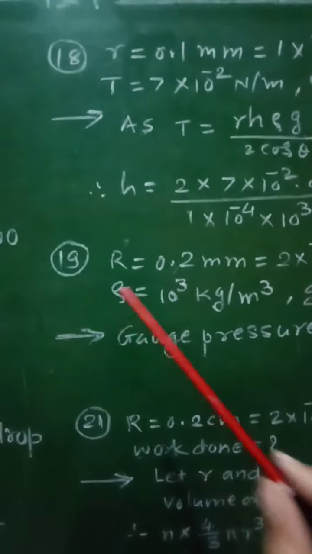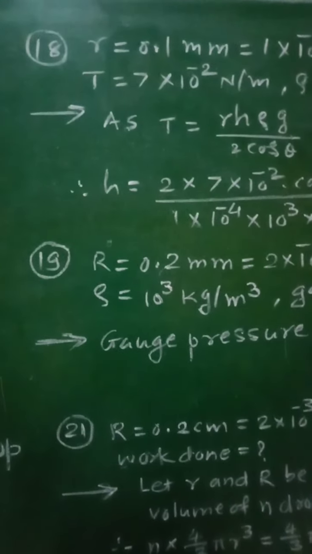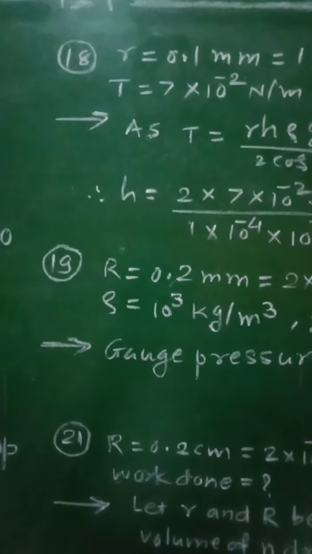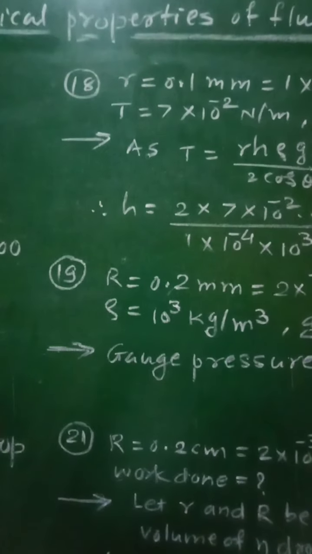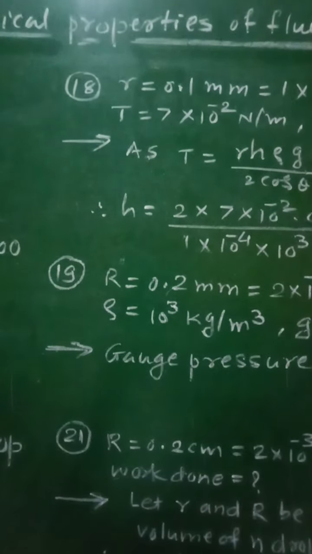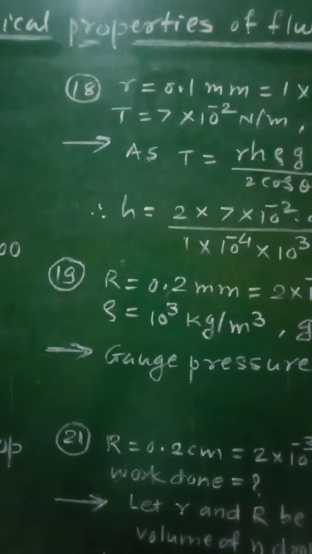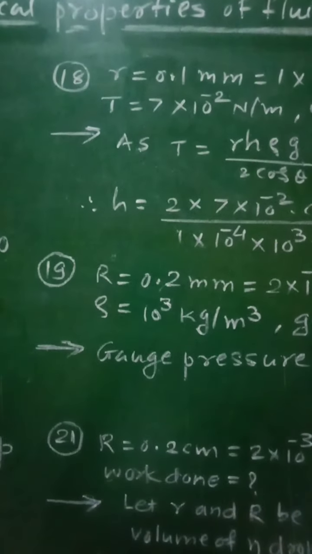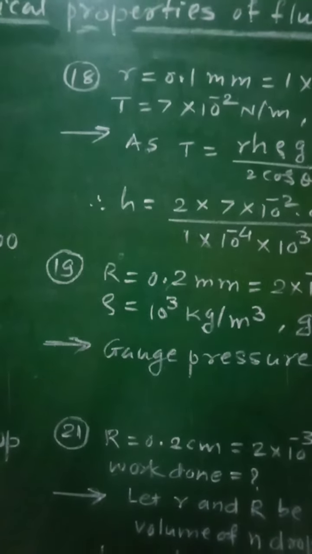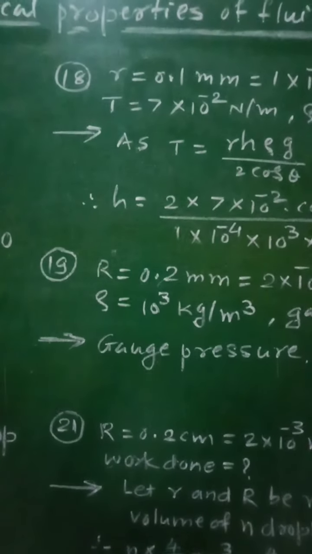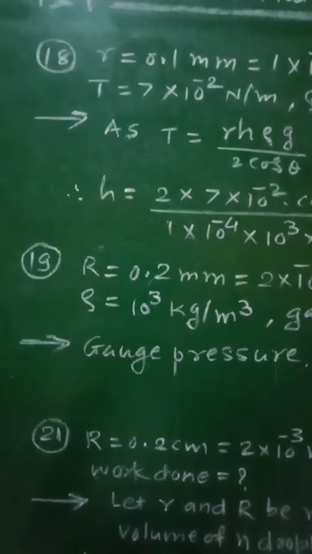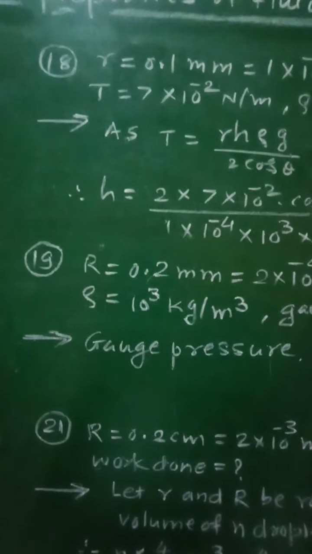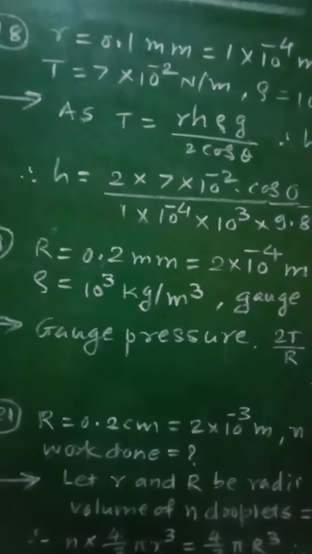Then let us go for numerical number 19, which is given as: an air bubble of radius 0.2 mm is situated just below the water surface. Calculate the gauge pressure if surface tension of water is 7.2 into 10 raised to minus 2 Newton per meter,